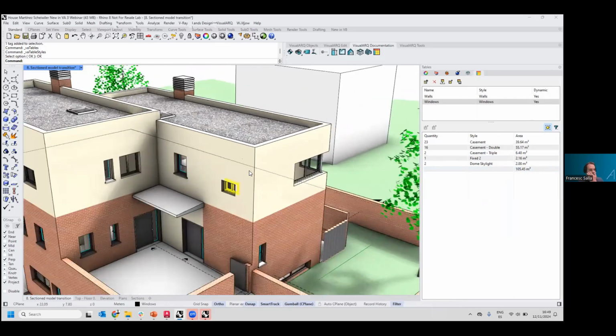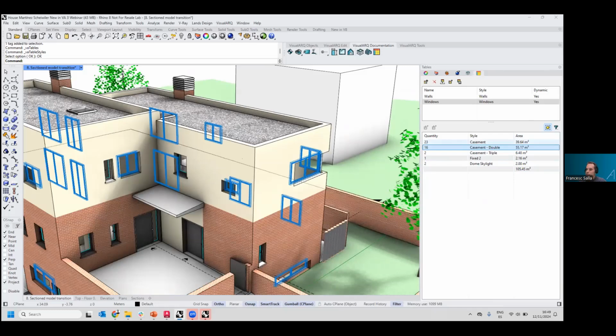Okay. Also specifically for tags, there are some values, for example the area, that cannot be changed. Obviously, this is a calculated one. But some other properties like the style, the tag, the opening side, or names, this is something that we can edit directly from the table report